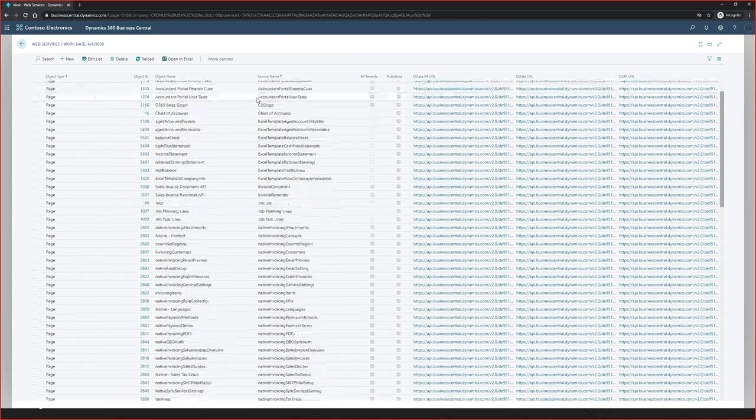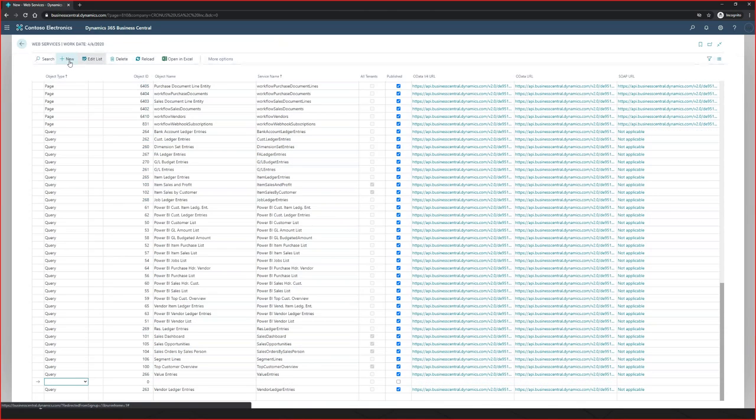So let's get back over here and talk about OData. If it is not exposed here, then again, we will not see it. We can't expose it to the outside world. It's really easy to add a web service here. I can just come in here and say I want a new web service, and we're going to expose the customer page.